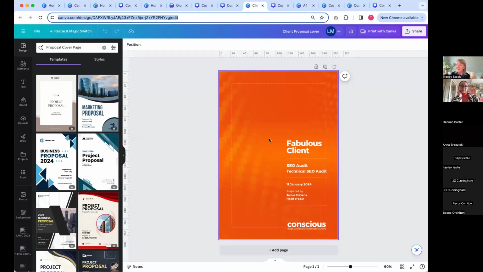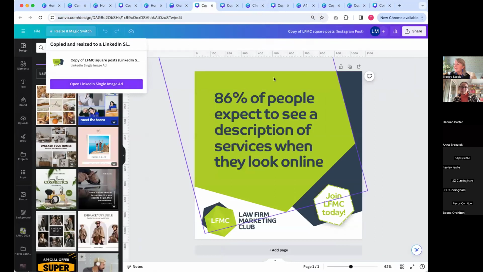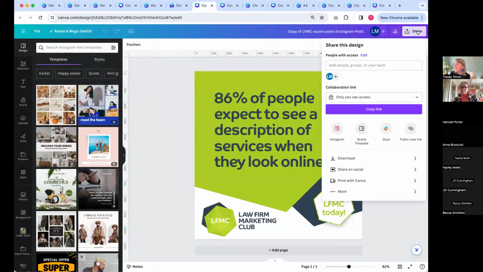We've also been doing A4 proposal covers as well. So the sizes are, there's lots of different things you can do. If you are sharing any of this as well, if we go back to sharing, you can